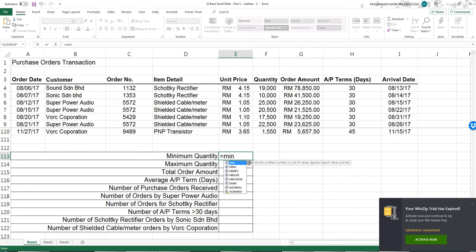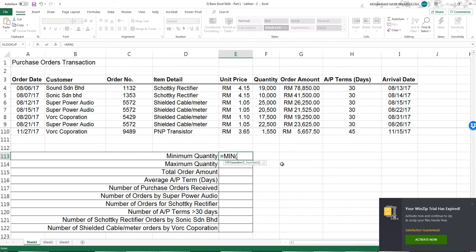So let's say kita letak mean. So bila kita tekan tab, dia automatically adjust lah our smallest capital letter tu jadi capital letter. So dia akan bagi, this is dia punya argument and formula function. This is a function, this is an argument lah. So dia kata the first one is mean formula function, dan kurungan dia letak number 1 and number 2 until